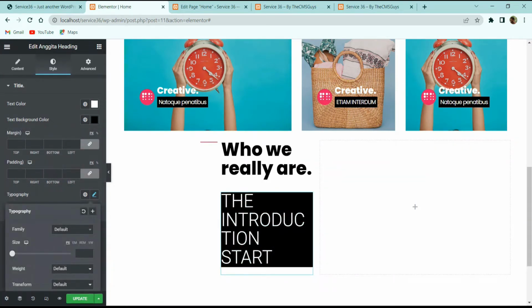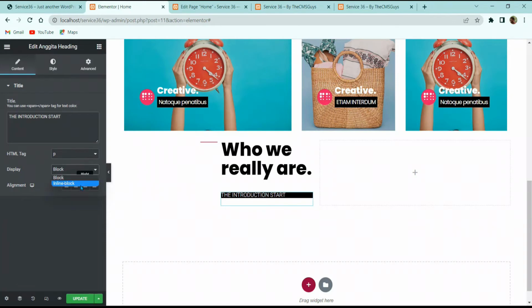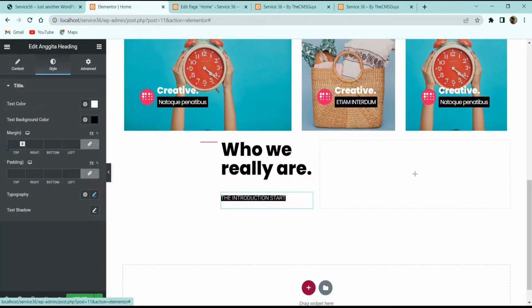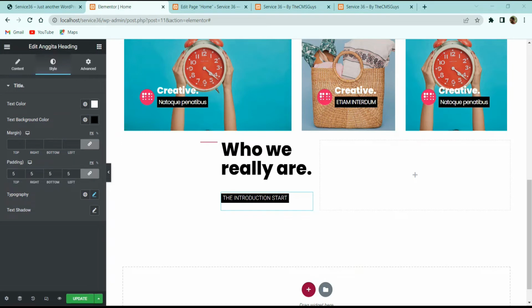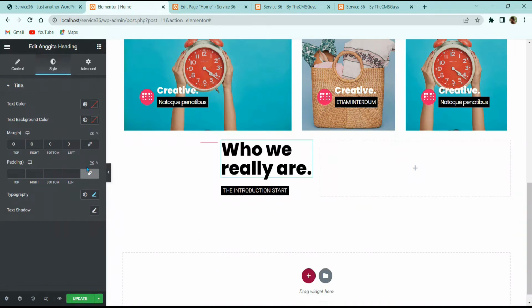And then you can also change the typography by clicking on this, and you can make it 15 pixel. And here for this one will be inline block, so that it will look exactly like this. And here I just want to give it 5 pixel of padding. Okay, I have selected this margin mistakenly, and I want to make the margin 0 for this one. And similarly for this one also, let's make the margin 0, and padding also 0 for this, and it will